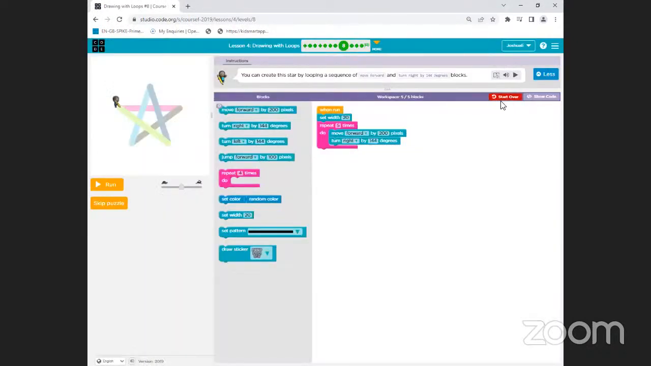Okay, so this is another challenge puzzle here. You can create the star by looping a sequence of move forward and turn right by 144 degrees blocks. So 200 pixels should be how much it is, and I can only use one of them. So if I move forward and then turn right 144 degrees, well, if I do that, I'll then be there,